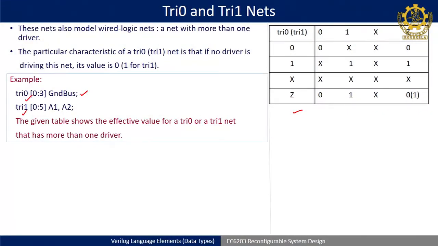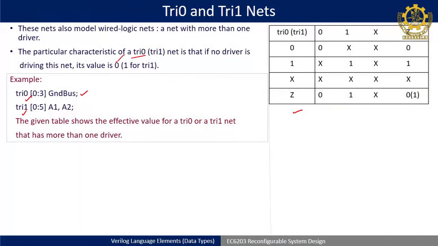Okay. Understood. So, this we may do in detail when we do the gate level modeling. Once this is over, I will go through individual classes in detail. So, at that time we will see. Just remember for the time being, if tri0 is there and there is no driver, then by default tri0 will drive to 0 and tri1 will drive to 1. Okay. And if multiple drivers exist for the same net, like I have written tri1 A1, I will also write another assign using A1 like we did last time.